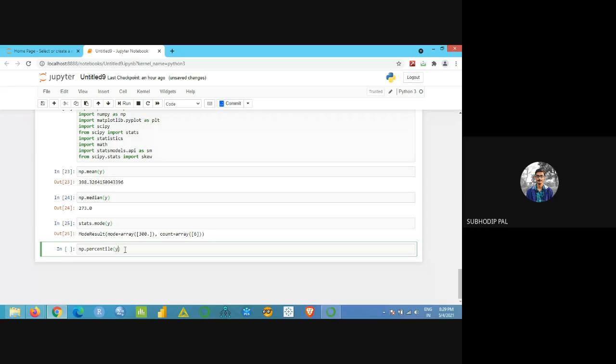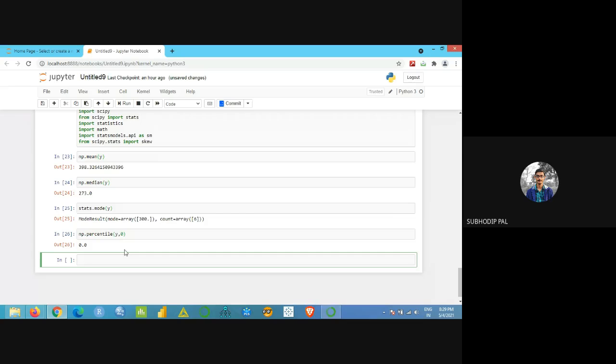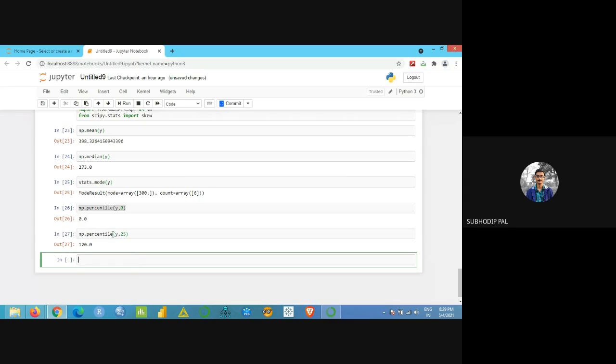So the variable y, comma, 0 percentile, which will be 0. Same thing, I'll just change this. Next will be 25 percentile. I'll copy it, paste it, and change the 0 to 25. I'll hit enter. My 25 percentile is 120.